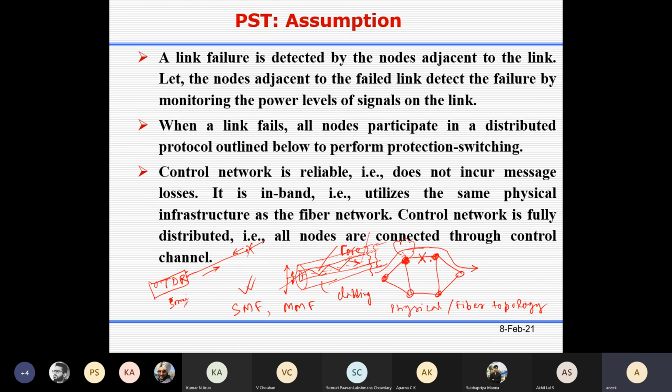The control plane is used to send control messages, as you will see they have used here. In long distance communication networks, if there are nodes, maybe one light path connects all nodes only to send the control messages.